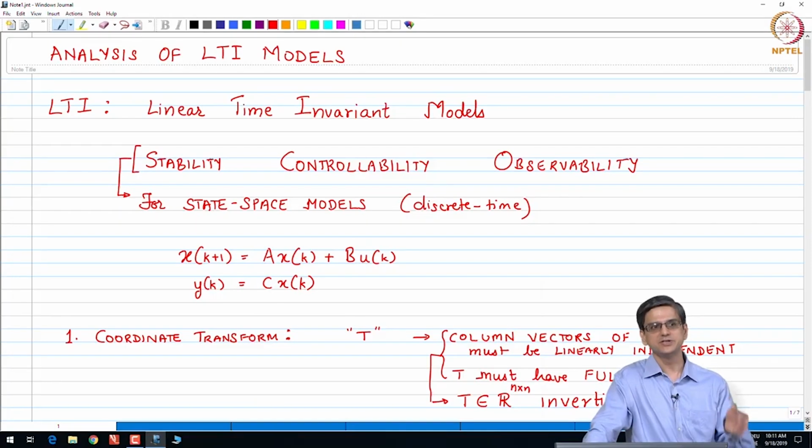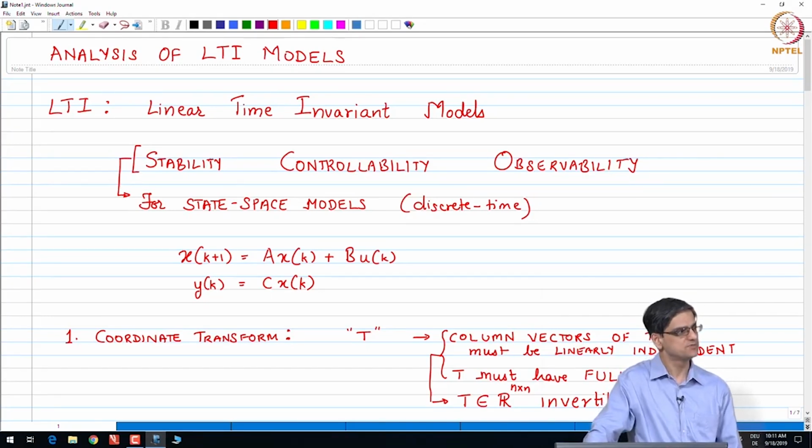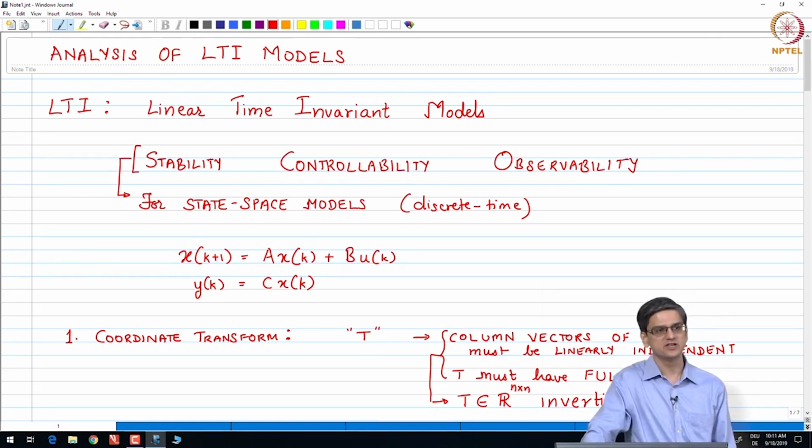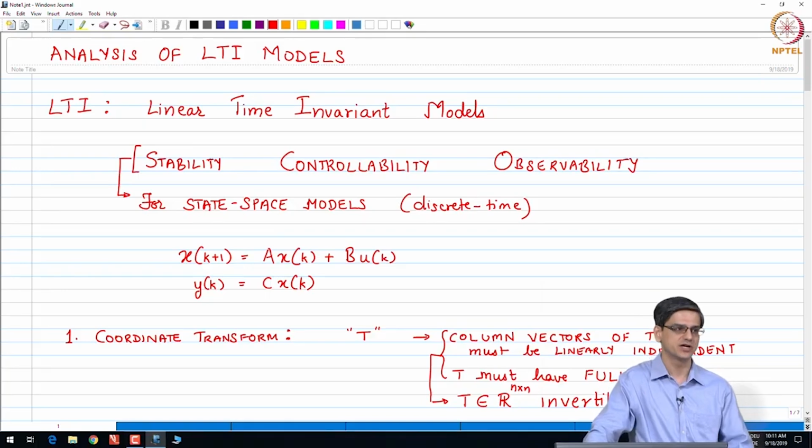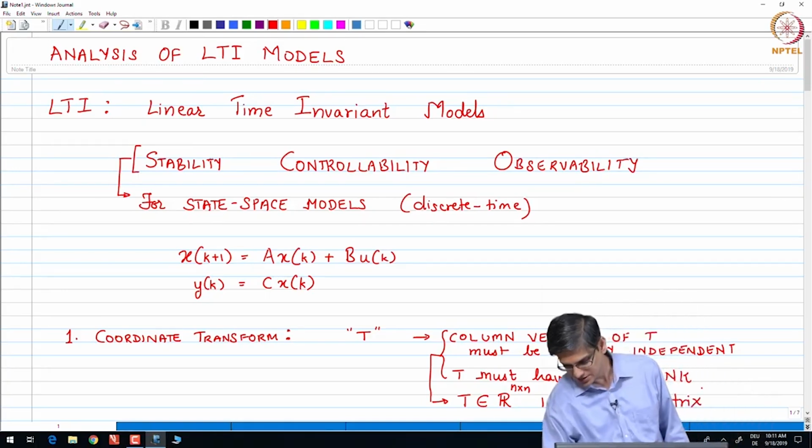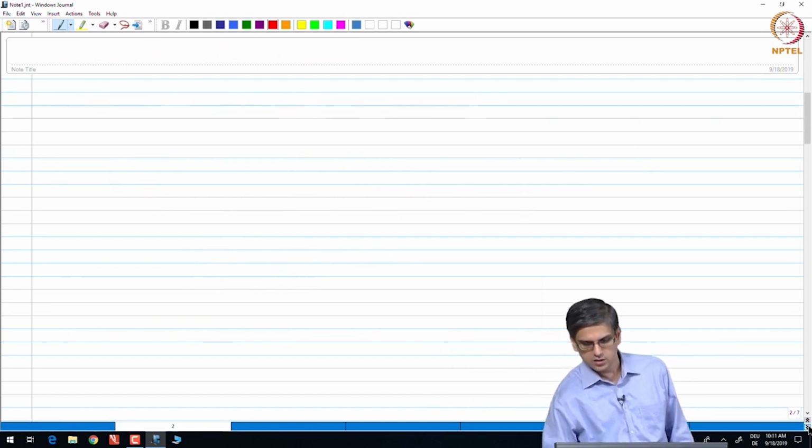What you need is exactly n number of linearly independent vectors, and when you have n number of linearly independent vectors, they can form the basis set for that Rn space. If they can form the basis set for the Rn space, you can do the transformation to that basis set, okay. And that is exactly what you did in your quiz,